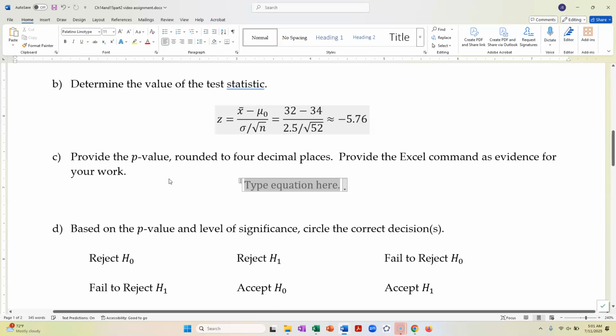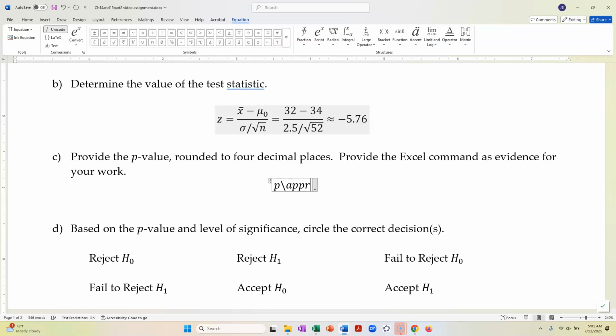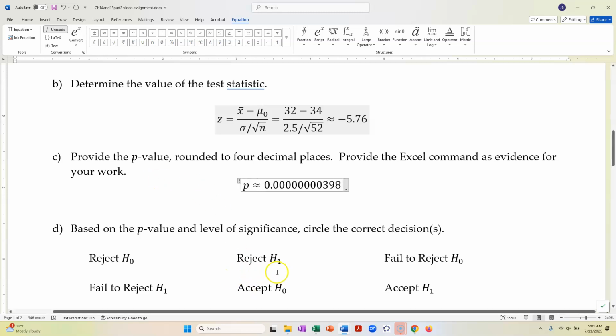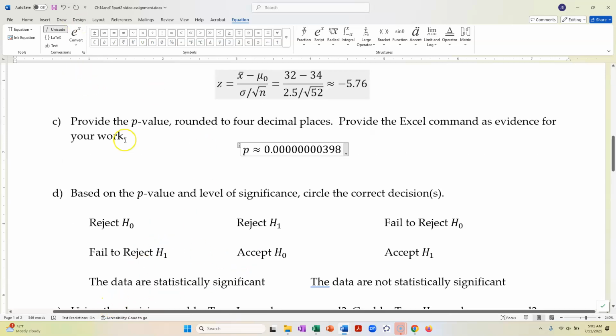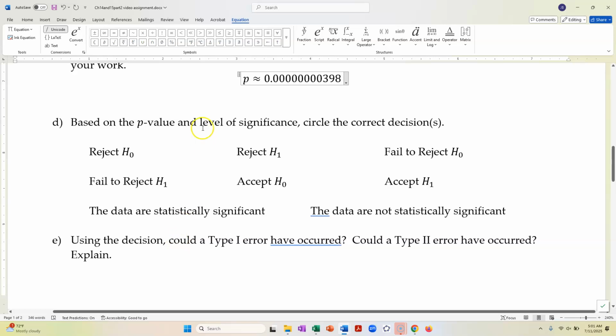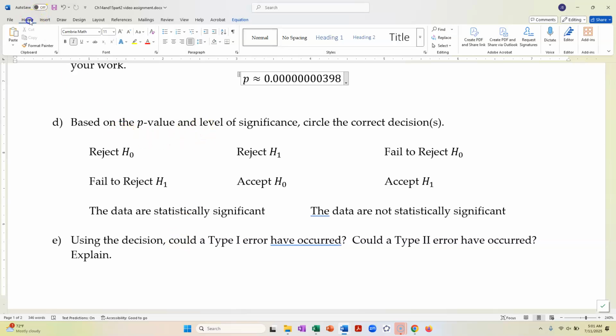So I'm going to say P is approximately 0.12345678398. Okay. And yeah, we did it in Excel. I'm not going to worry about it. Now, moving on. P-value is super small, so we tend to say that there's little evidence for the null hypothesis,